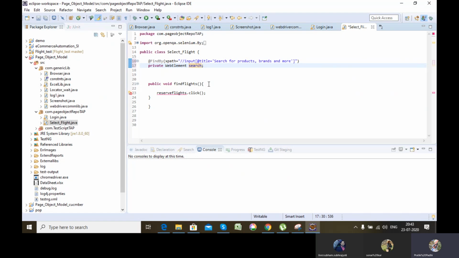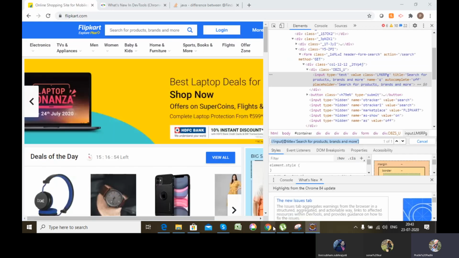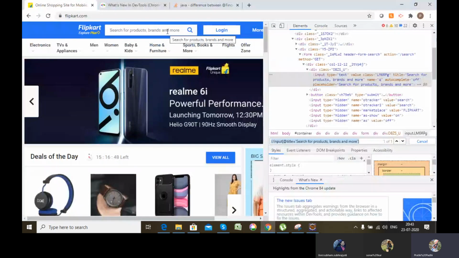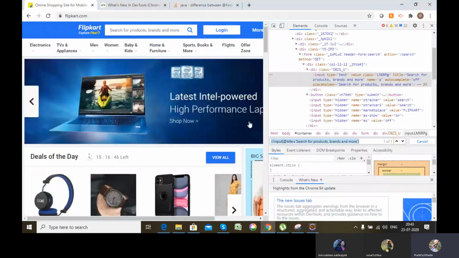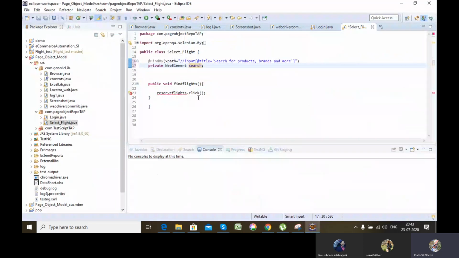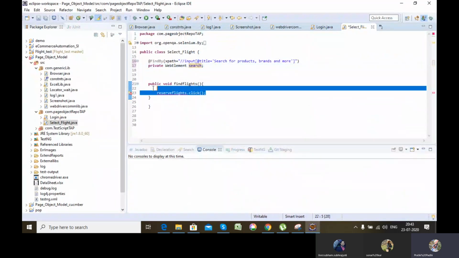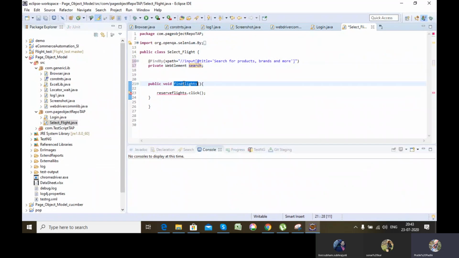Okay, so I can just take that particular XPath value and use this field to search my desired value. I have just captured the locator.